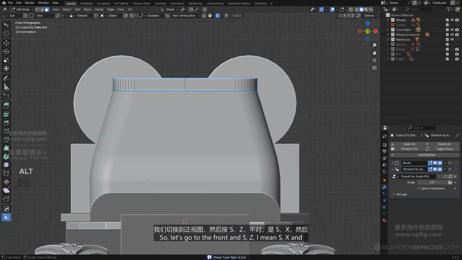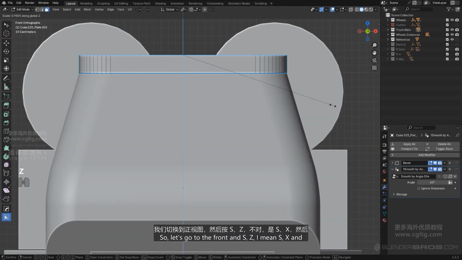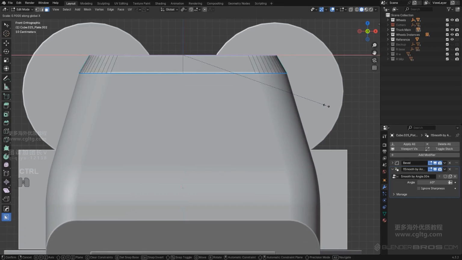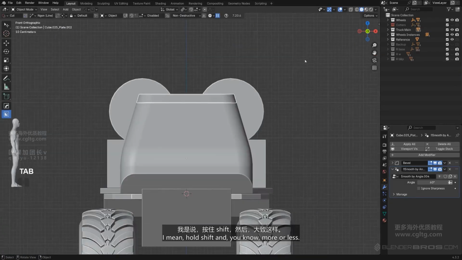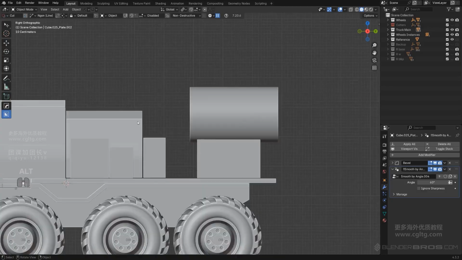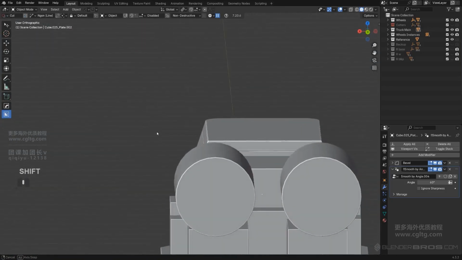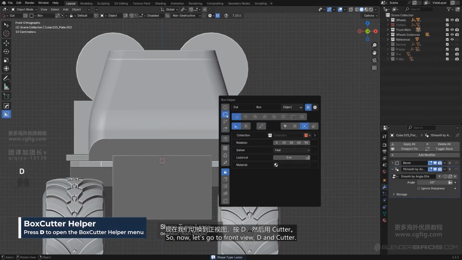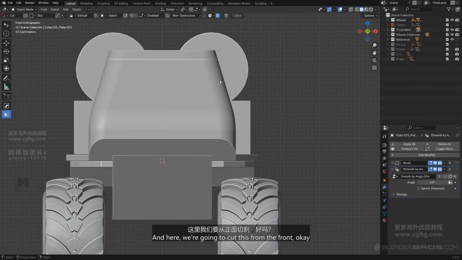yeah? So let's go to the front and SX, and let's just hold shift, and more or less, there we go, that's better. Something was bothering me there, and it was it, there we go. So now let's go to front view, D and cutter, and here we're going to cut this from the front,